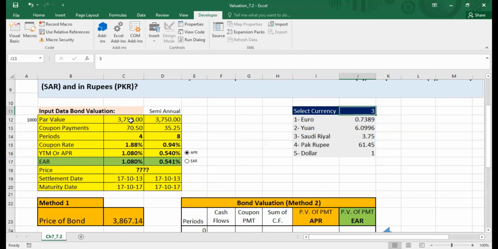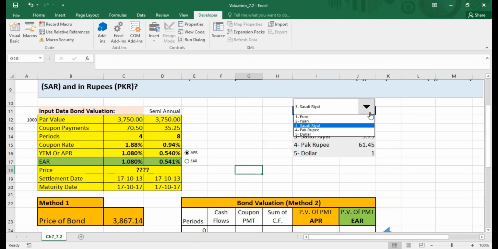The combo box is a convenient way to pick the currency, rather than typing in values over here, say 4, or you can put value 5. So rather than typing in the values, you can always go for the combo box. Since we don't need to type in the values, you can simply right click, make it draggable, and put it on top of your selection where you have written 1, 2, 3. Now nobody will get the idea where the formula is coming from, but your sheet will be working very nicely.